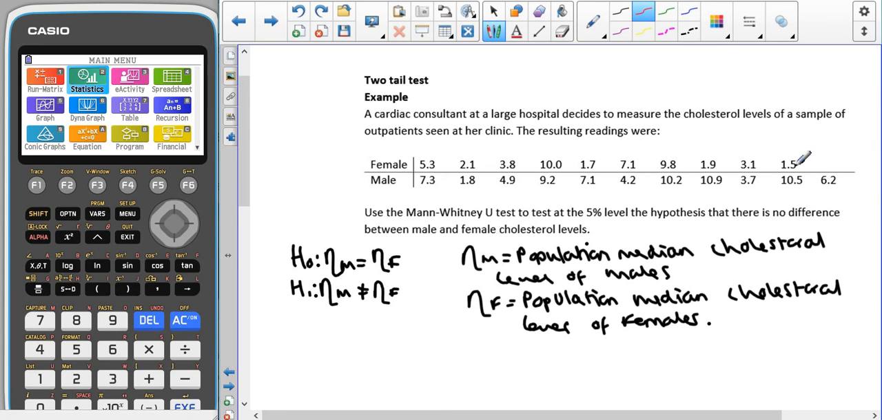So the smallest one that we have is 1.5, that gets the rank 1. The next biggest one that we have is 1.7, that gets the rank 2. The next biggest one we have is 1.8, that gets the rank 3. Then the next biggest one we have is 1.9, that's going to get the rank 4. There's no more 1 points, so now looking through for 2 points. So the next biggest one is 2.1, which gives us 5. Then the next, looking for 3s, so 3.1 gives us 6,